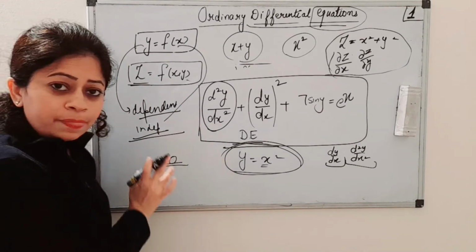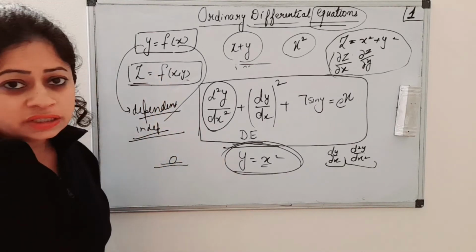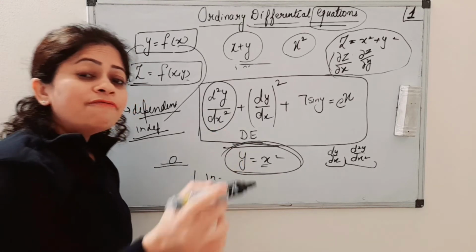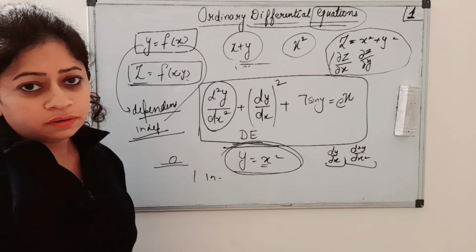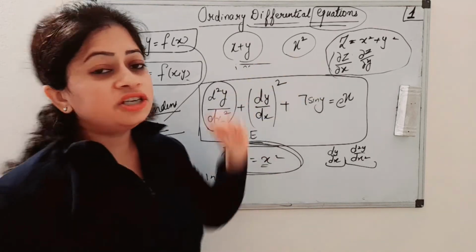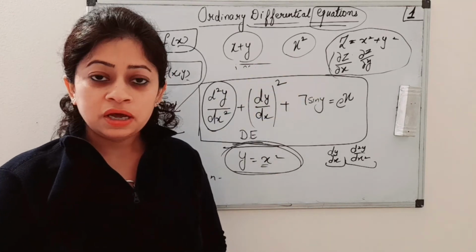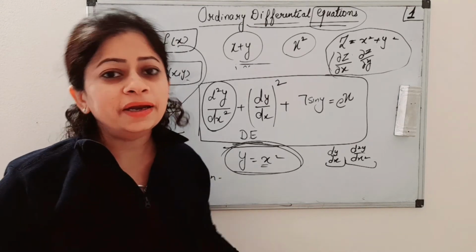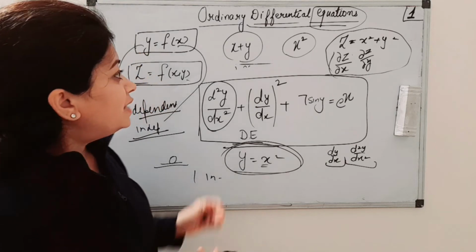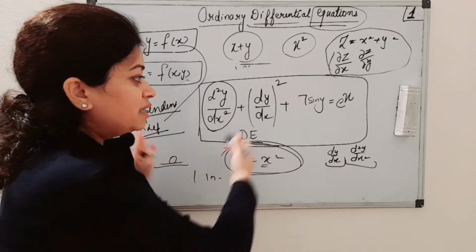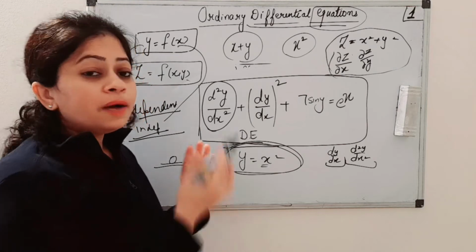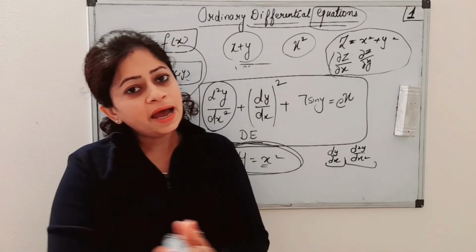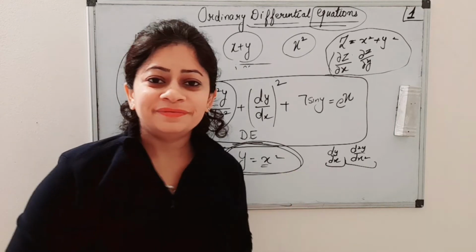We are studying ordinary differential equations only, so we will concentrate on these. What are ordinary differential equations? If we have only one independent variable, then it is ordinary. If we have more than one independent variable, then it is a partial differential equation, and we will see it with the counting of dependent variables also. So let's write the definition and then make the diagram which shows the classification of differential equations into ordinary and partial. Let's come to that now.